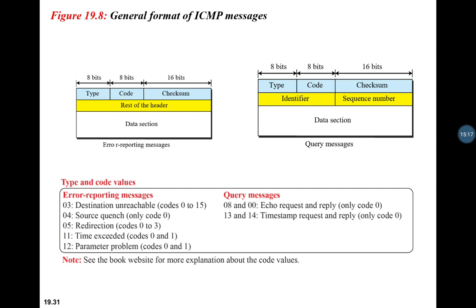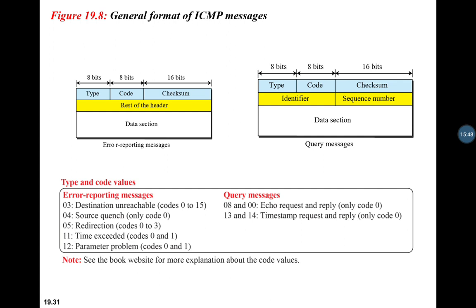First let us see the echo request and reply. Echo request is used by a host to test the liveliness of another router, and in reply the router sends an echo reply message, which will be seen later. Similarly, the timestamp request and reply are a pair of messages used to find the round trip time between two devices, or to check whether the clocks in the devices are synchronized.